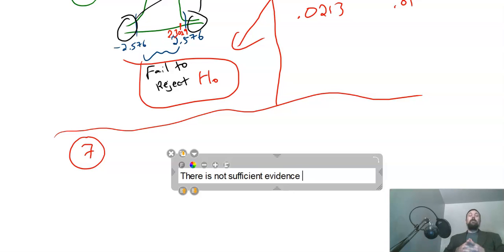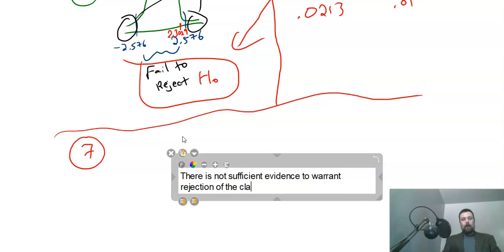So remember, the null hypothesis is the claim. Our claim became the null hypothesis because it had equality in it. Right? So I'll show you in just a second that's what happened. But our claim is the null hypothesis. So by failing to reject the null, we are failing to reject the claim itself. So there is not sufficient evidence to warrant, this is how they like to word it, rejection of the claim